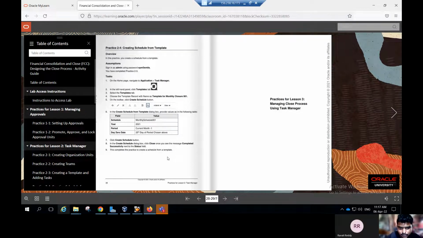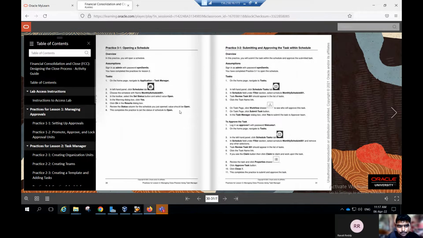After completing the scheduling, moving on to the practice for managing a close process using task manager. In this practice, I will explain how to open the schedules and how to submit and approve the task with schedules. First, I will show you how to open schedules. Sign in as admin in EPM. On the home page, click on the navigator icon, then task manager. In the left-hand panel, click on the schedule tab and choose the schedule named monthly schedule